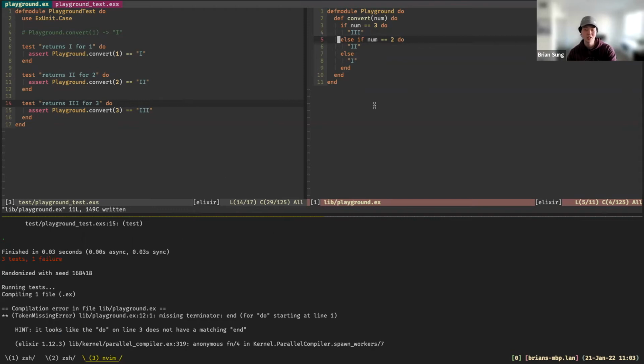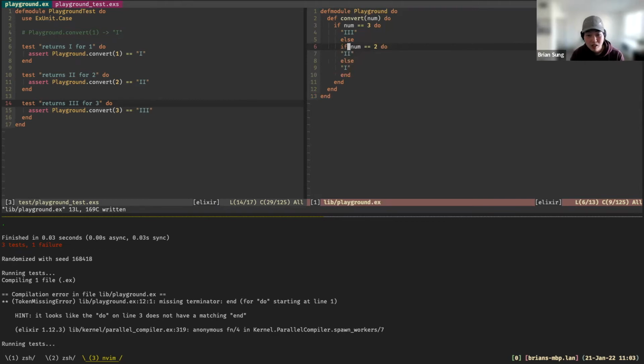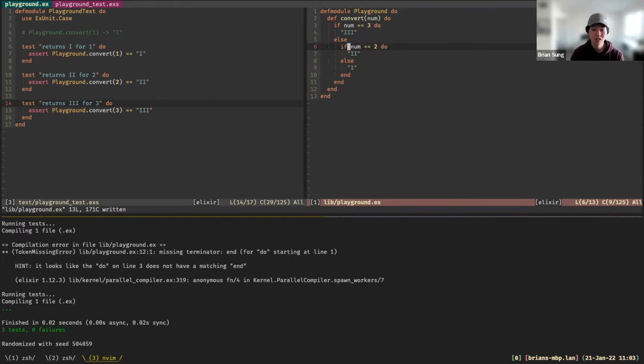So in Elixir, you just can't do else if inline like this. But there is a way to get around this by creating a new block inside the else. I think this will auto format, please. Cool, right? That's kind of the way to get around it. So just one thing to note, you can't do else if inline, but you can do this little hack here.